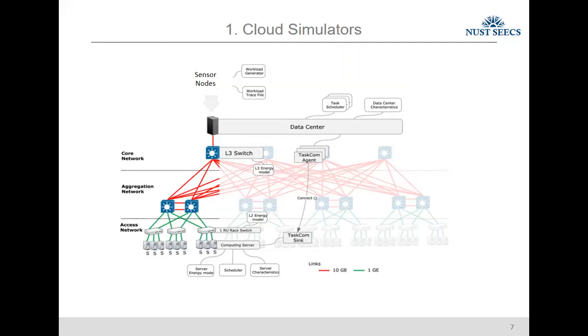So we have all the network functionality available in our simulator. The data is generated from the sensors and reaches here, where we schedule it on an available computing node. There is an extensive network here, which acts as relay nodes, receiving the data and, based on the routing tables, forwarding the data to the data center. So this was our initial step, looking into the integration of IoT with our cloud simulator.